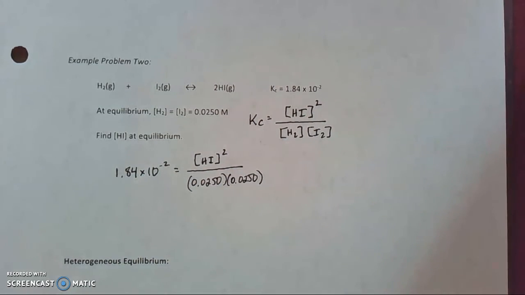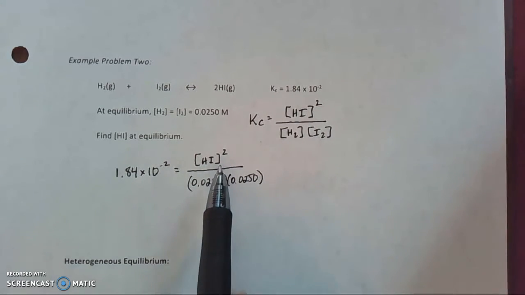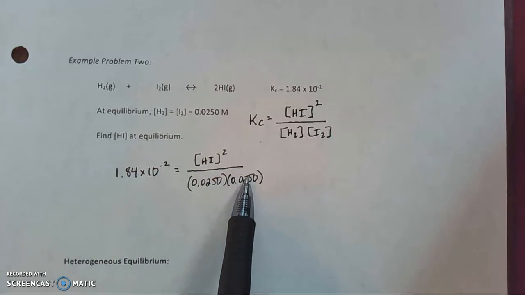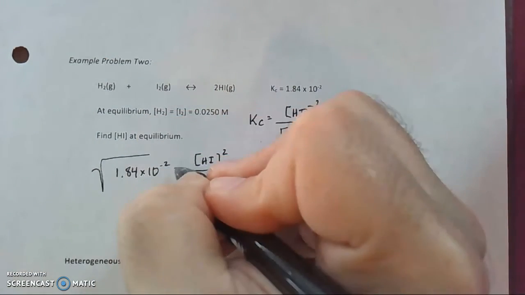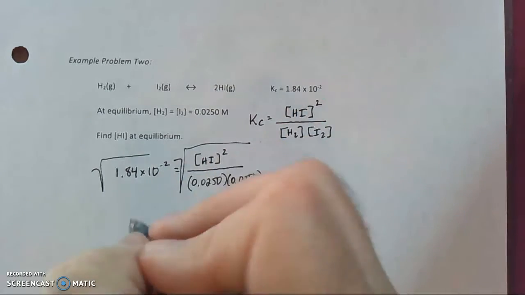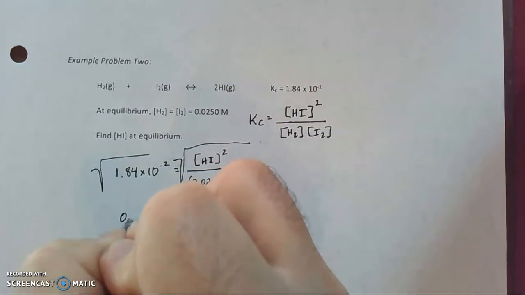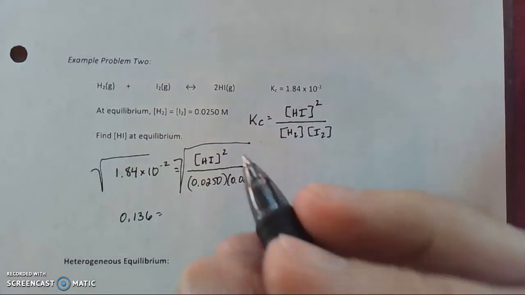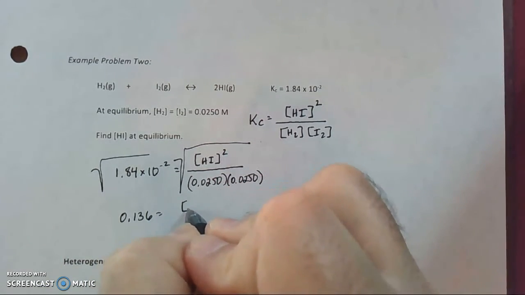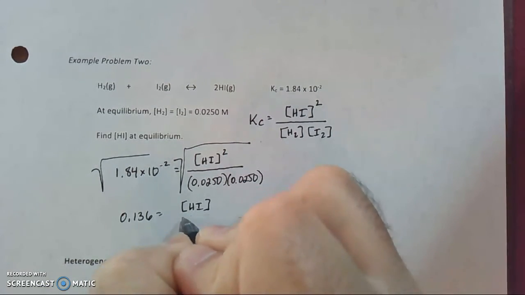Now, there's a couple different ways that we could solve this, but if you look, here we have a squared factor, and this is times itself, so this is squared in the bottom. So we could take the square root of both sides and get 0.136, which is the square root of 1.84 times 10 to the minus second, is equal to concentration of HI